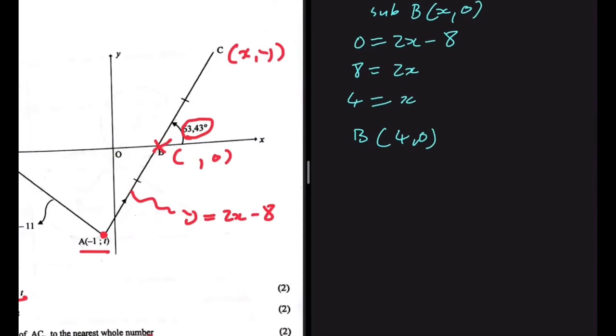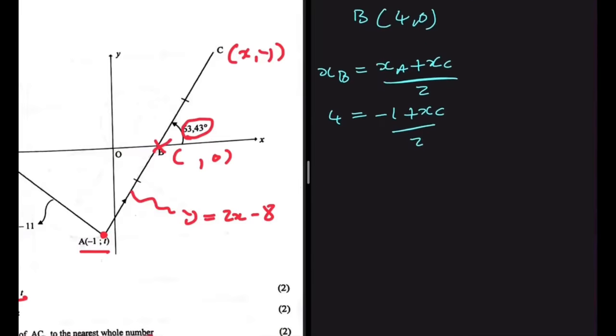So in order for us to calculate the x value of C, we can say that x of B equals x of A plus x of C, divided by 2. What is x of B? That's 4. X of A is -1, plus x of C, divided by 2. It's easy to see now that we're solving for x of C. If we cross multiply, we're gonna get 8 equals -1 plus x of C. So 9 equals x of C. We have x of C now. So again, we can use the midpoint. We can use this idea for the y values and find